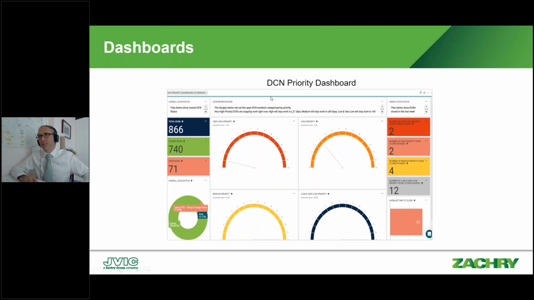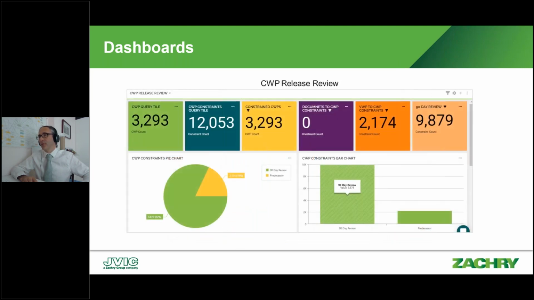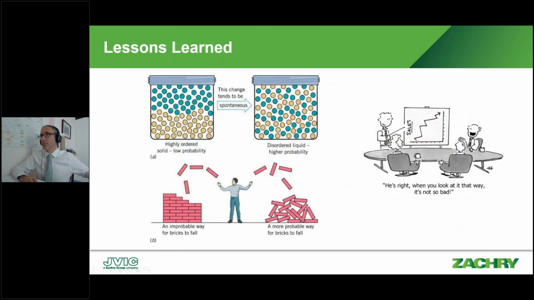Document design change note dashboard, and so this is absolutely key interface between engineering and construction. It really can be a high source of friction, and it's absolutely key to keep on top of this and have a very fast tool for dealing with those and the tracking and auditing of communication. CLP release, so this will be more of a project controls level, a higher level view. And then very briefly, lessons learned.